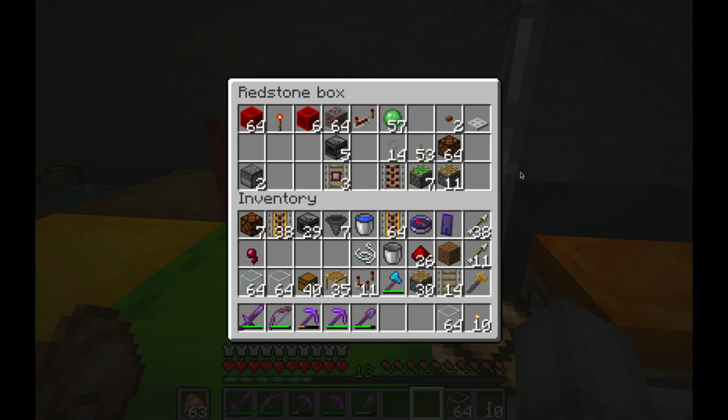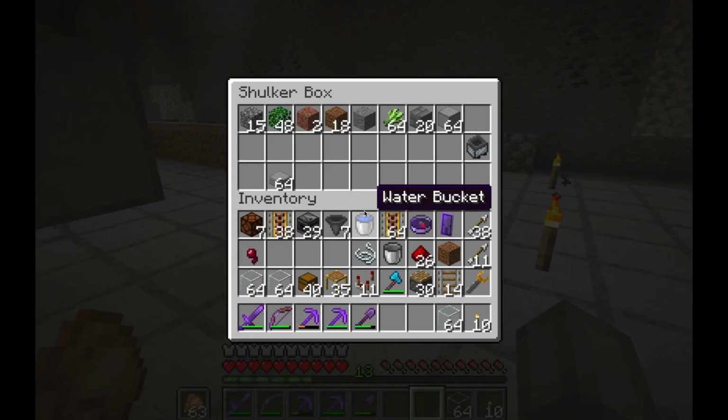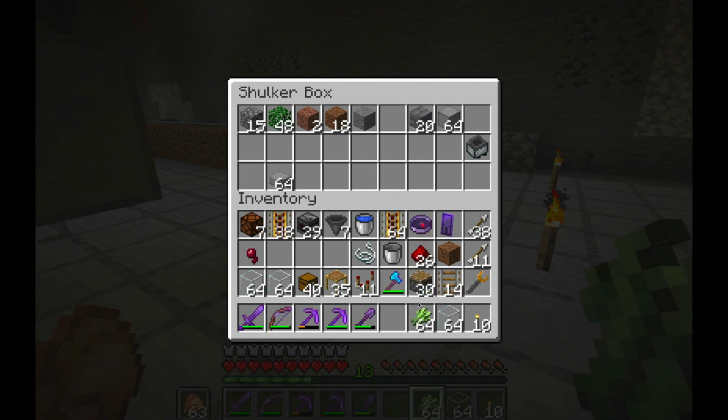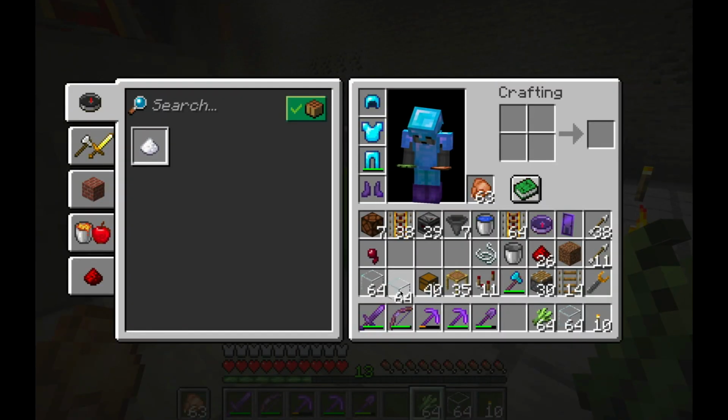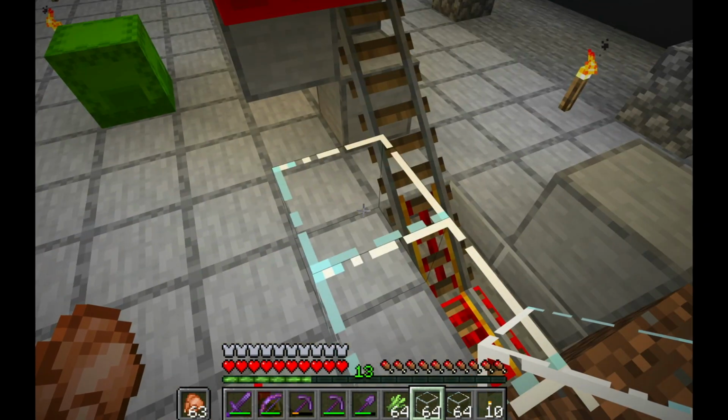Now, where did I put the sugarcane that we need to fill it up with? Here it is. So that should be plenty of sugarcane to fill up the whole thing with. So 2 stacks of glass. Let's